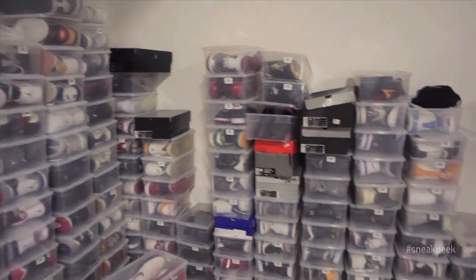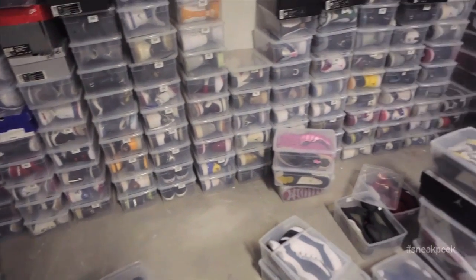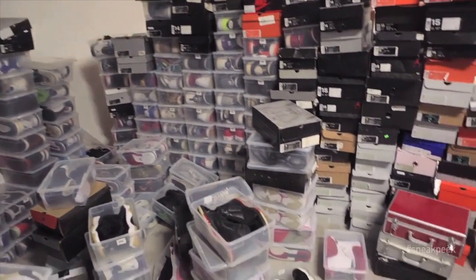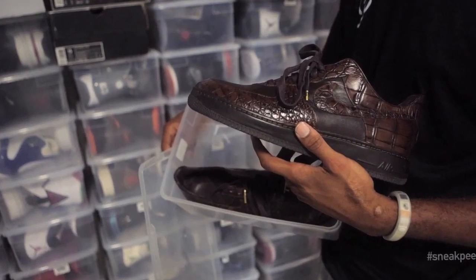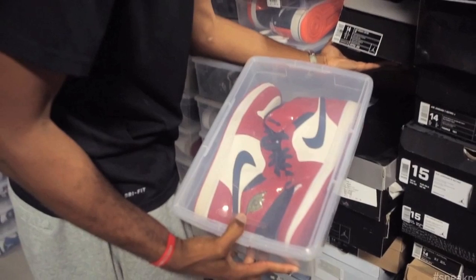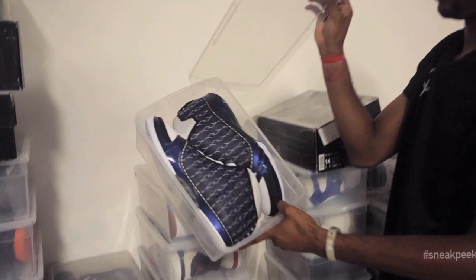Professional basketball player Josh Childress showed us one of the most impressive collections we've seen of any athlete, let alone a sneak peek subject. His 3-part episode revealed a number of extremely limited Air Force Ones, age-old Nike basketball product with character, and a thorough rundown of Jordans 1 through 23 in his collection. But what's most important is you can sense that Childress is very passionate about the culture and offers some valuable